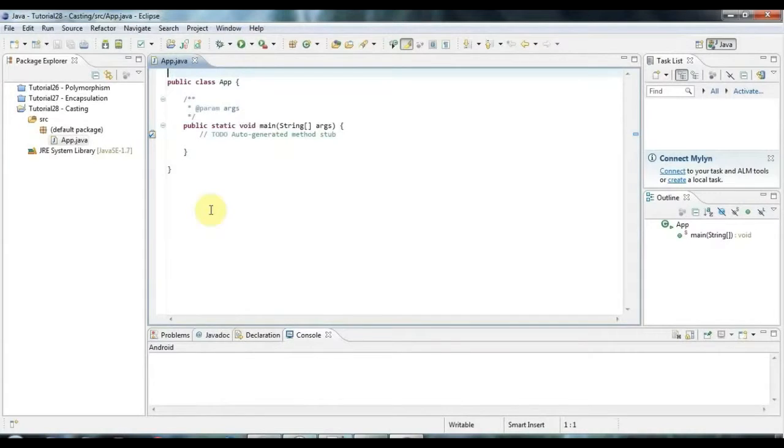This is a fairly small but nevertheless very important tutorial on casting in Java. In Java there's a bunch of numerical types. For example, we've got int, which is for when we have an integer value. We can use int to store it, and there's also a short version of int which takes up